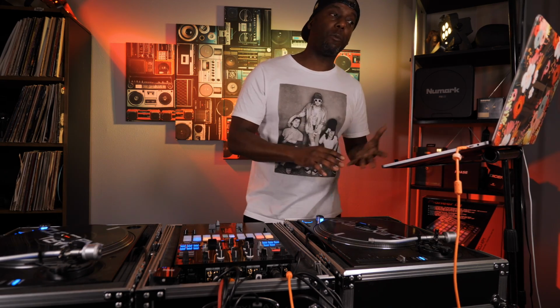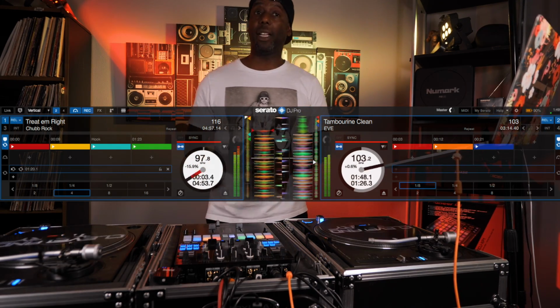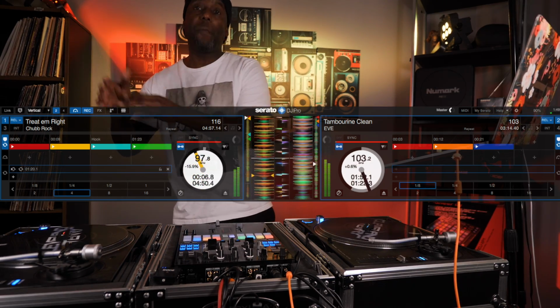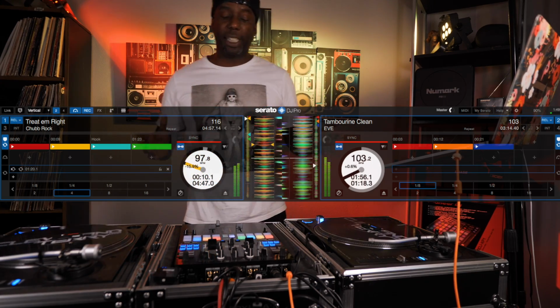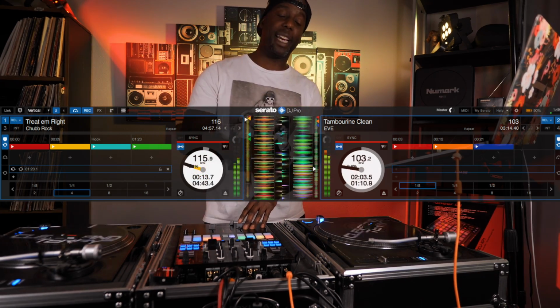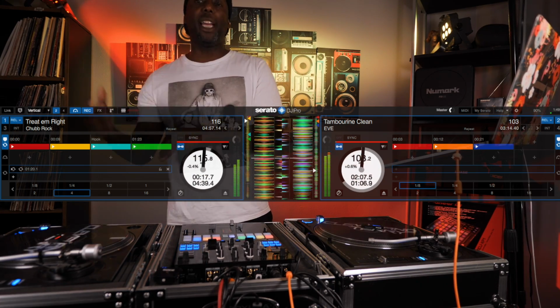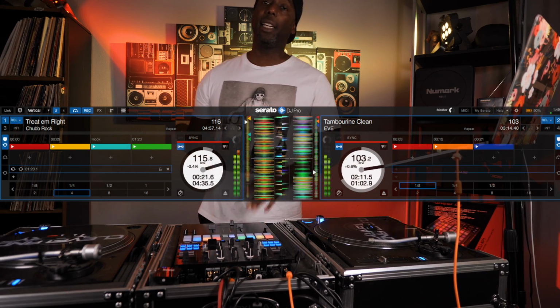So on the Treat 'Em Right, literally I just have the normal Treat 'Em Right album, assuming that we're going to keep playing that song and we're going into the actual verse and then into the hook. I'm obviously not going to do that here because that's a waste of time. We don't really care about that. So assume we're actually playing the entire Treat 'Em Right song, or at least a verse or two, into the hook. The next one is the Treat 'Em Right instrumental.